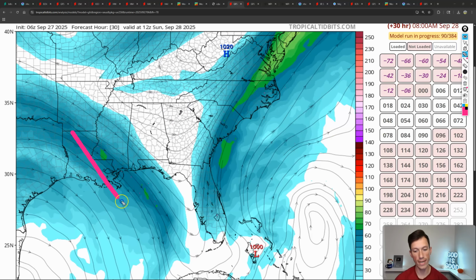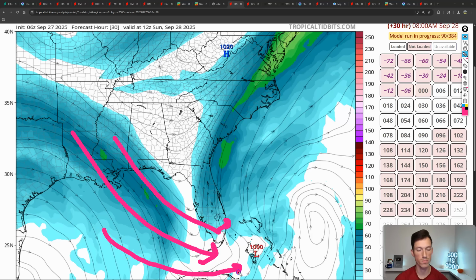So the flow right here is probably going to try to prevent any kind of rapid or just moderate intensification in the shorter term. Kind of a slow, gradual intensification process in the next day or two, in my opinion. Okay, because some dry air is going to kind of come down here and really get involved into the system,